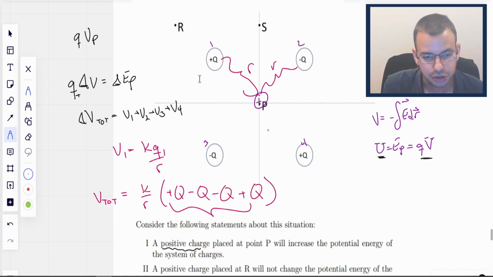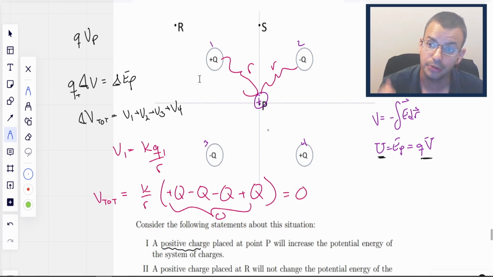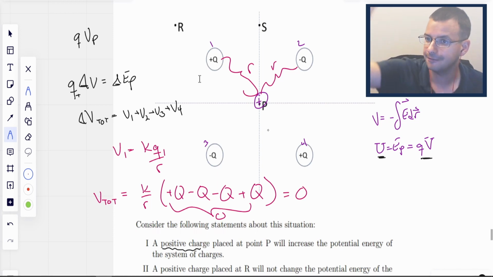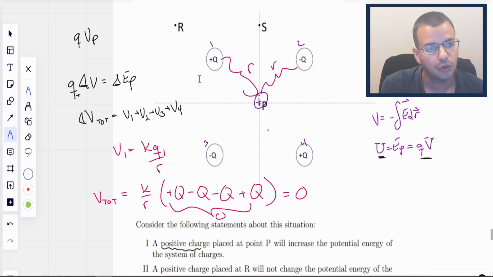These add all up to 0. So the voltage at point P is 0, or more specifically, the difference in voltage between point P and infinity is 0. And so the change in potential energy, when we add a point charge there, is going to be Q delta V, in which case the change in energy is going to be 0